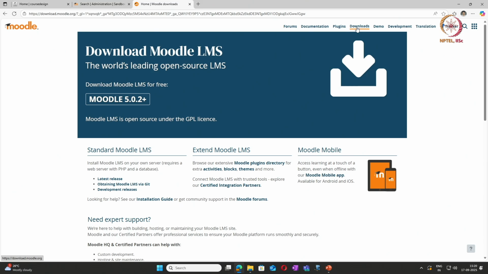We have to give proper solutions, that is ready-made answers, like from where we have to download and where the documentation is. For all these questions, we can come to this moodle.org page and tell the administrator that under the downloads page, we have the option to download the Moodle version.